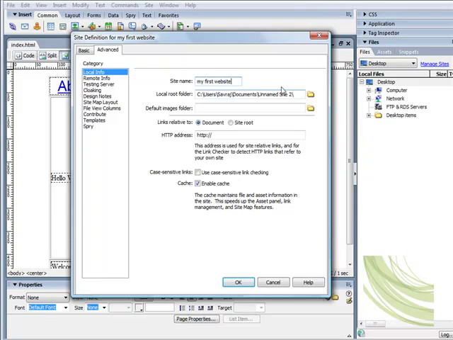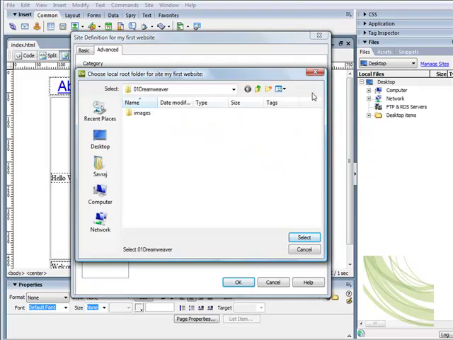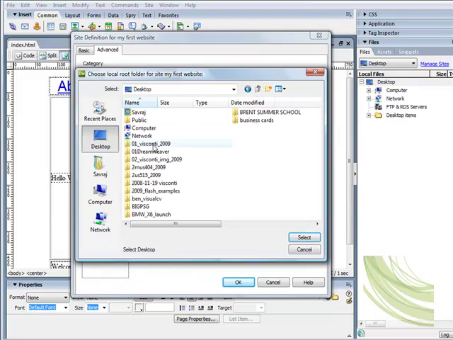Now the local root folder is, you've guessed it, where we need Dreamweaver to point to the source of our site folder inside our documents. So basically what we need to do is click here on this yellow icon. On the Mac it would be signified by a blue icon, and we can click this and browse for our root folder. One important thing is it's already picking it up here, which is brilliant because I've been working in this folder. But what we need to do is go up one level